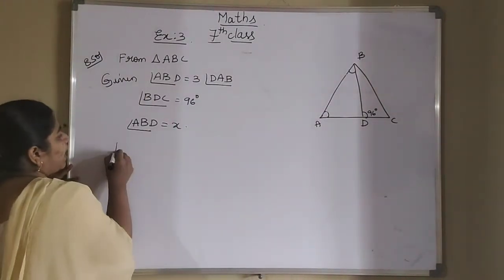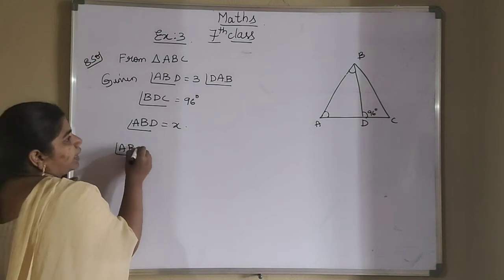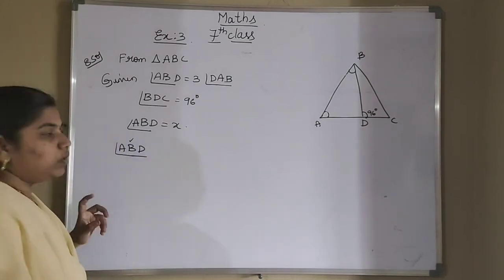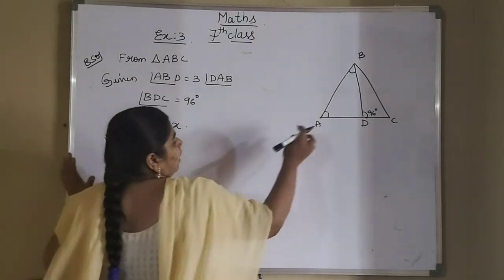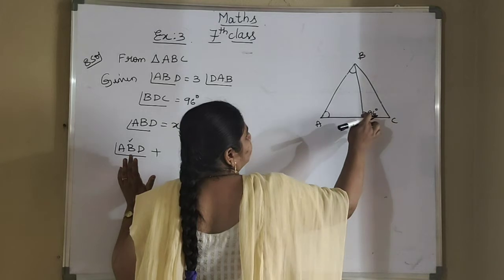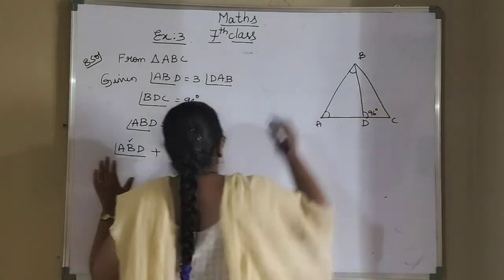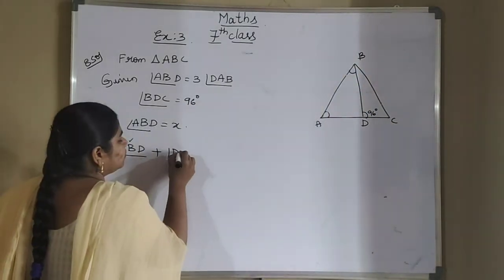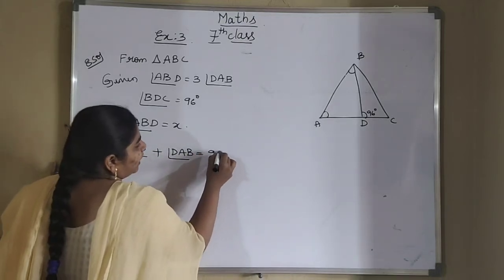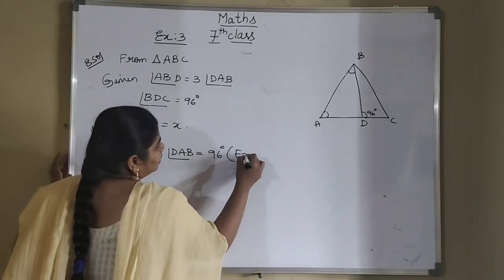What is that? Angle ABD. ABD is nothing but angle B here. Okay. So plus angle DAB is equal to 96 degrees